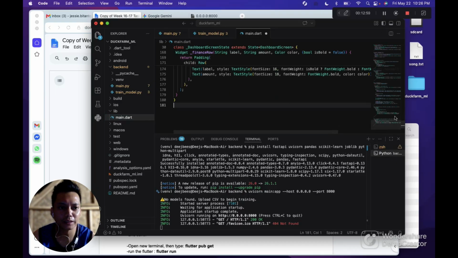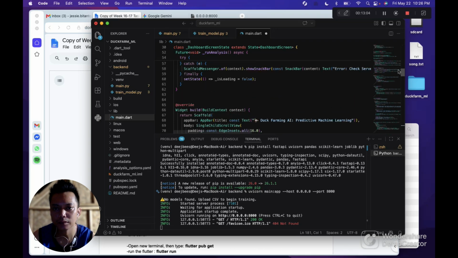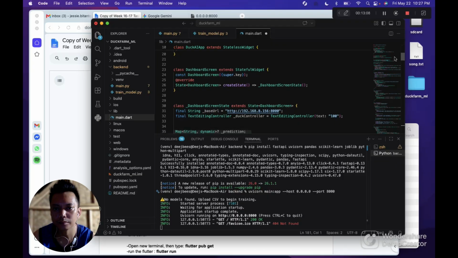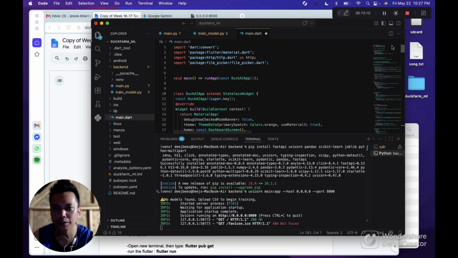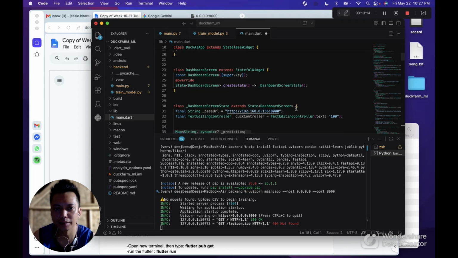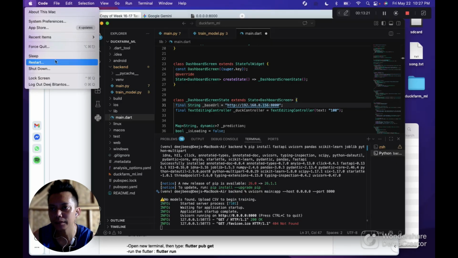Then in line 27, we're going to change the IP address. Oh, it's not line 27, but at least we can see the IP address right here. I guess that's my IP address. Let's check.